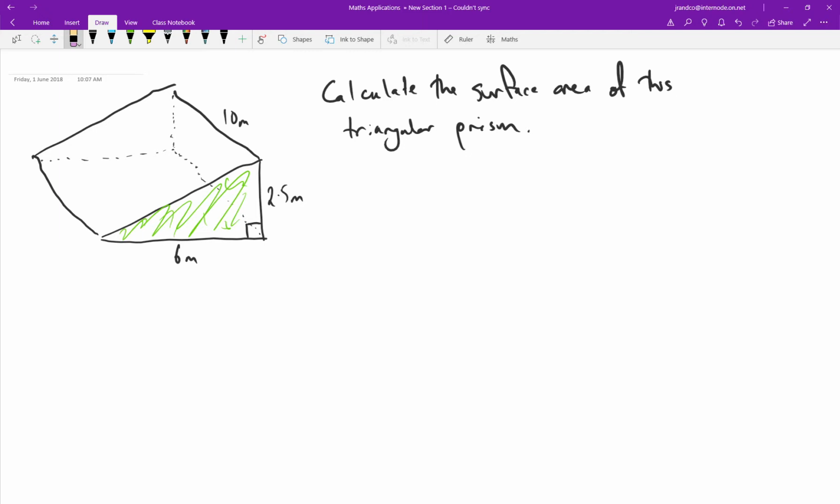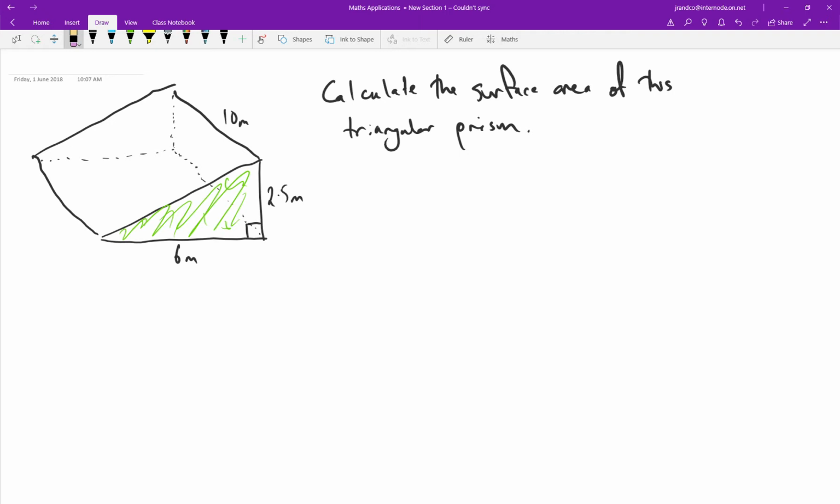I can see the triangle that I've shaded green facing towards us, and then an identical triangle, one that's exactly the same and therefore will have the same area, facing away from us. I can then see 3 rectangles, one a long thin one at the back there, a larger fatter one that the prism is sitting on, and then a slanted one here that we can see. So we're going to have to calculate the surface area of each one of those in turn,